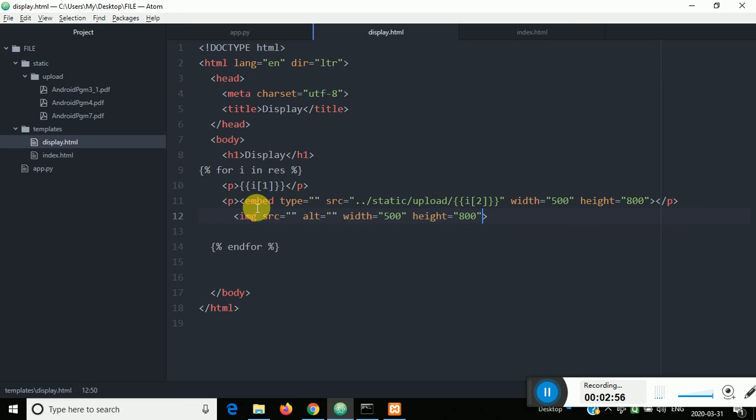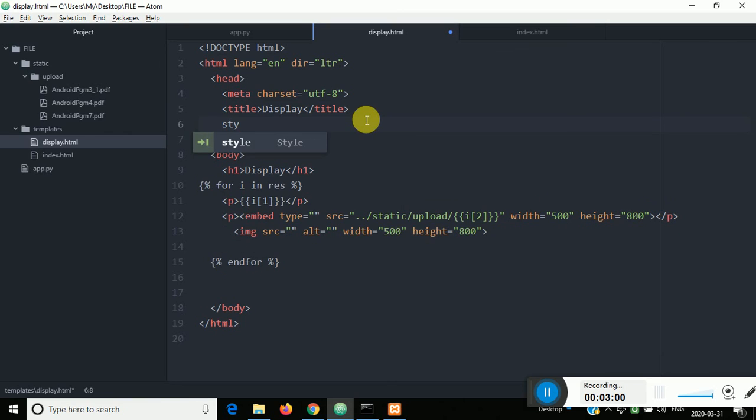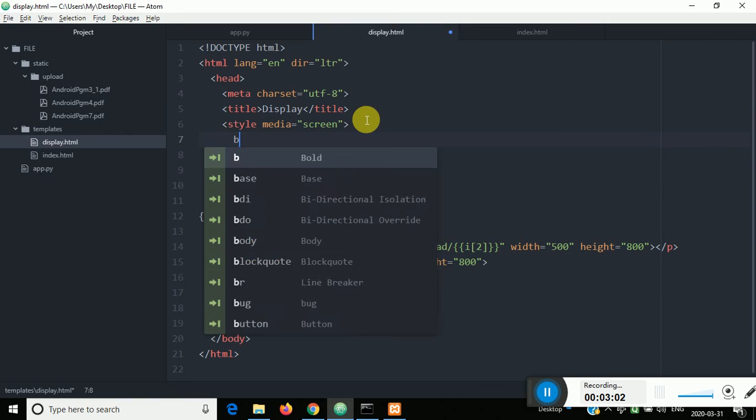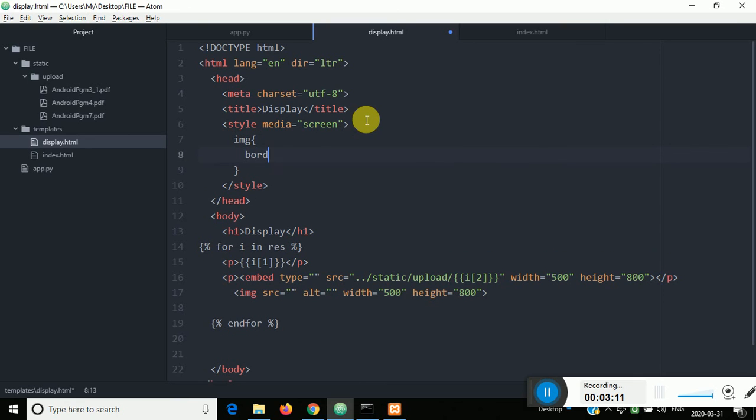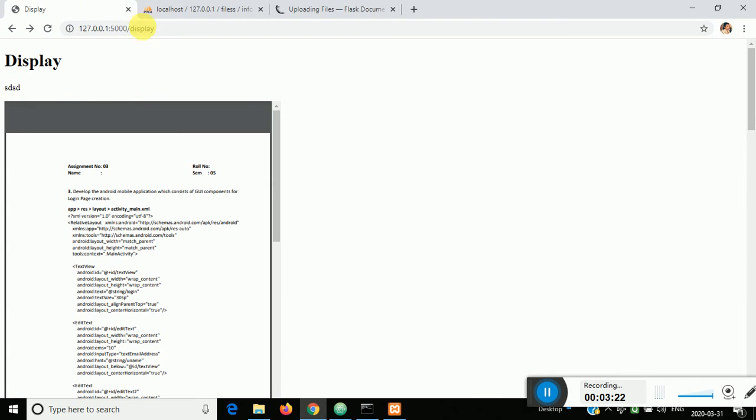Here you have to put the, just check, style, that is the img border 1 pixel solid green. Let's check where is that image.